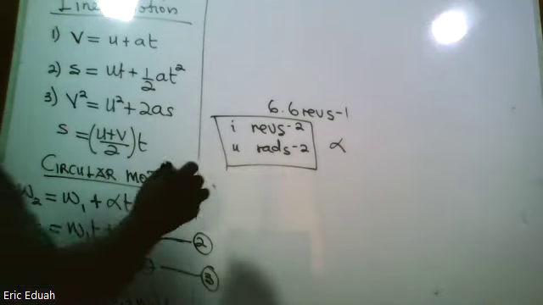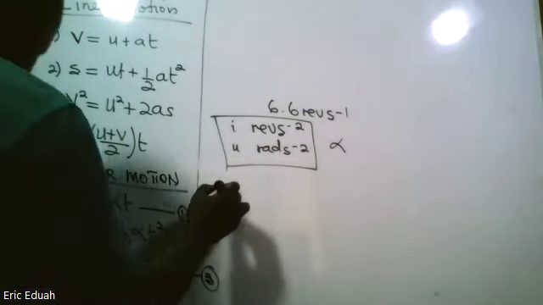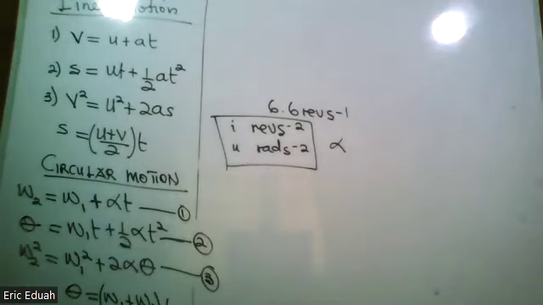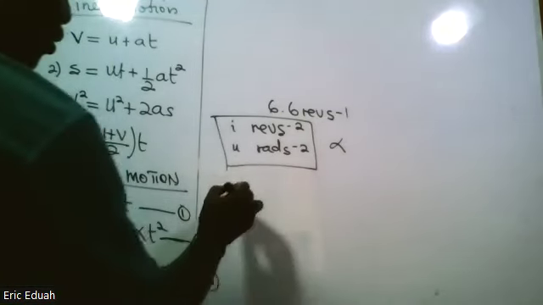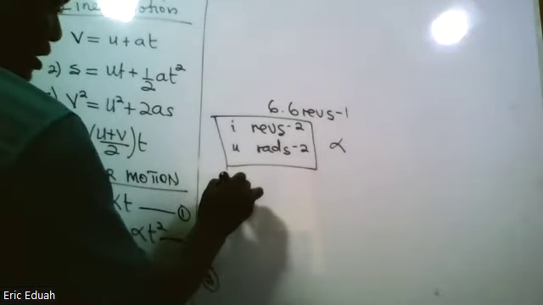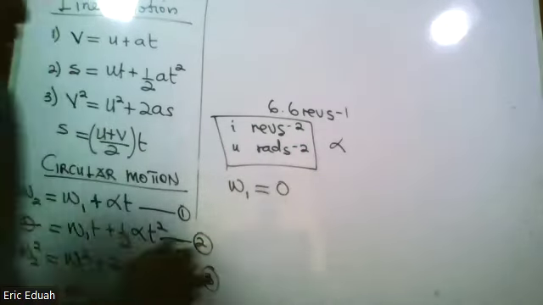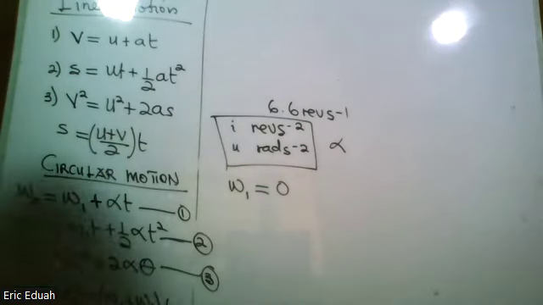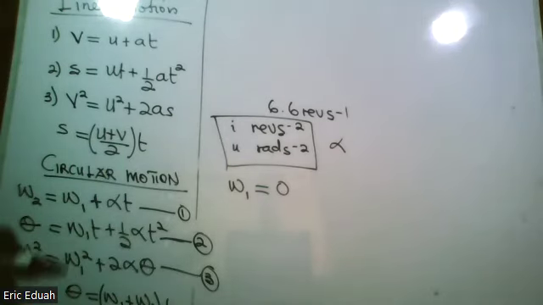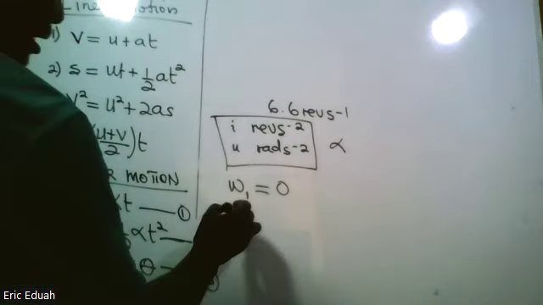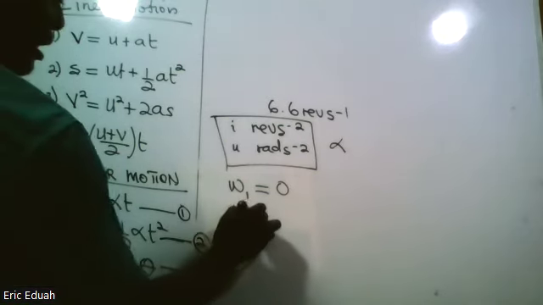So what are we given? We are given the initial angular velocity. We are told it starts from rest. Similar to those terms we see in linear motion: starts from rest, comes to a stop, or comes to rest. And then the final angular velocity,